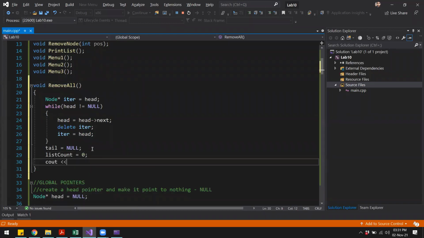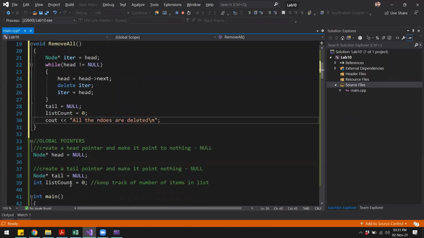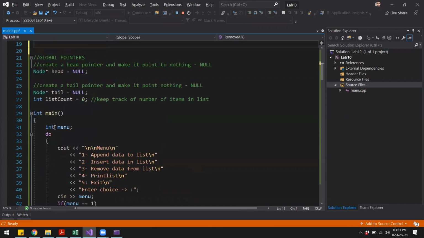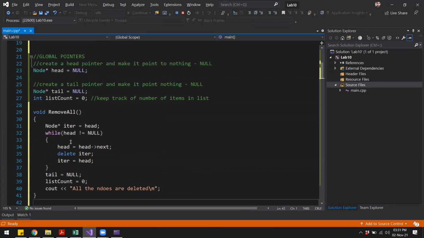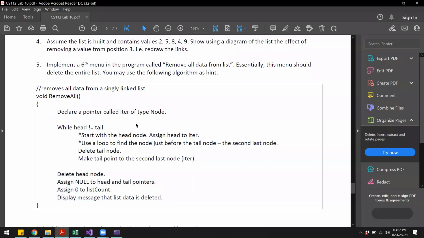And we can also print a message saying all the nodes are deleted. Okay, so that should work, and this should go over here. So that was number 5.